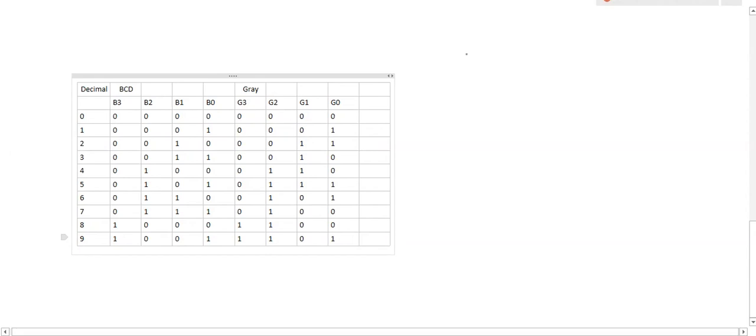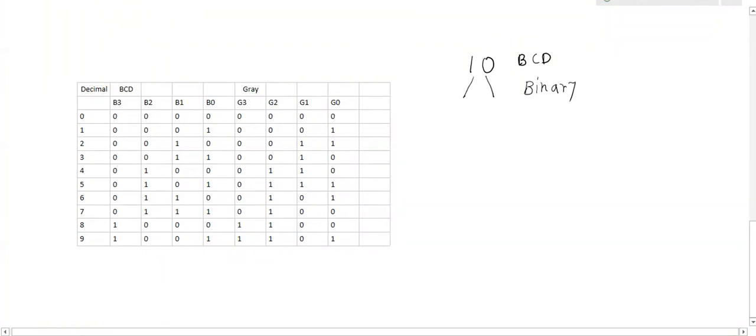After 9, let's take a value 10. This is BCD 10. To represent BCD 10 in binary, I need to take each individual decimal digit and convert it into binary. So 0 will become 0000 and 1 will become 0001. This means to represent the BCD value 10 in binary, I need to consider 5 digits.